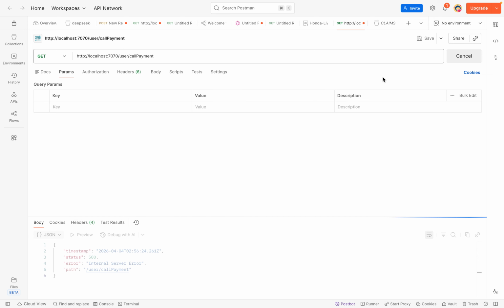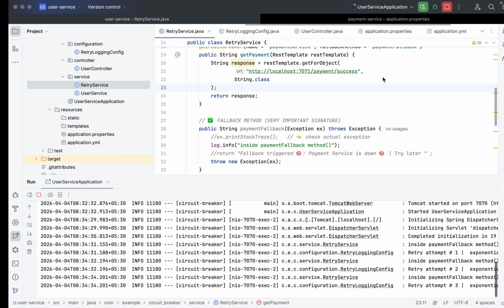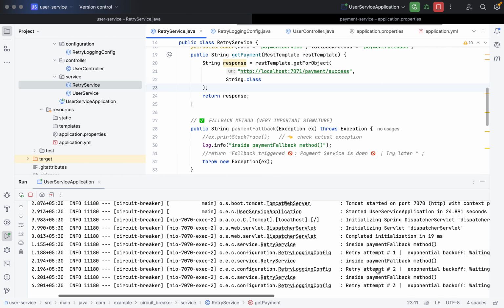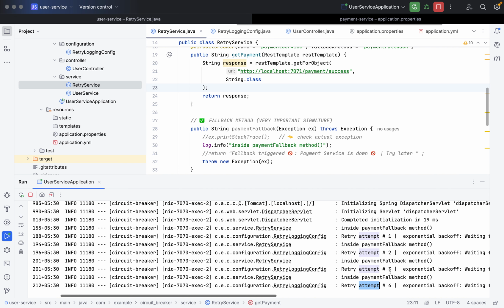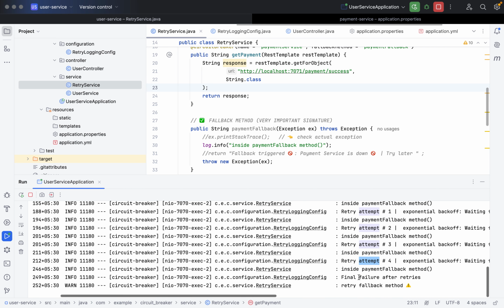Start. Now let's see the logs. You can see retry is happening, retry obtained, then fallback just as usual in the previous case. Now once retry is happening, fallback should be triggered, right? Failure after retries, final failure after retries.